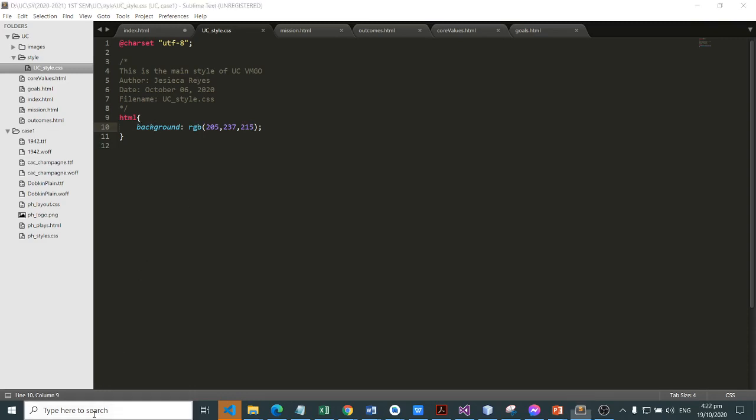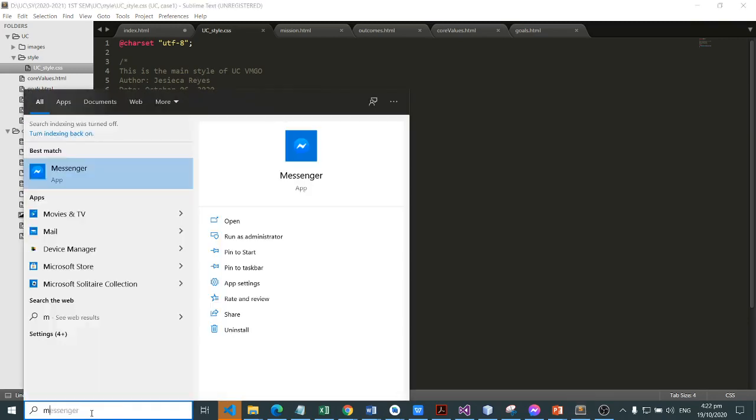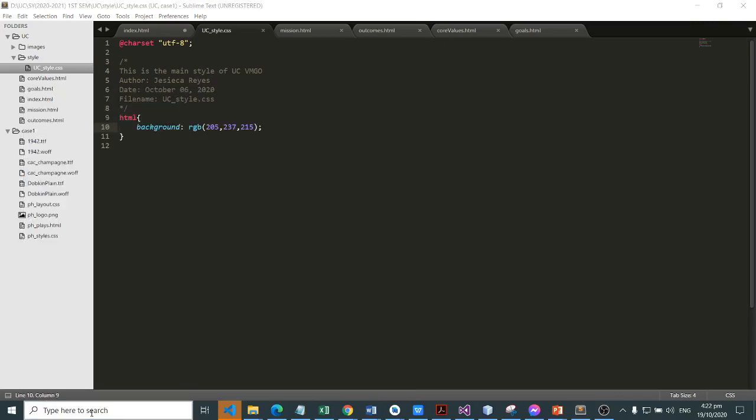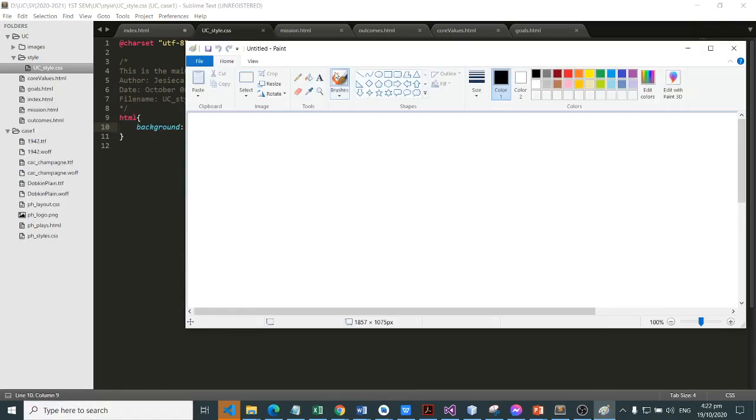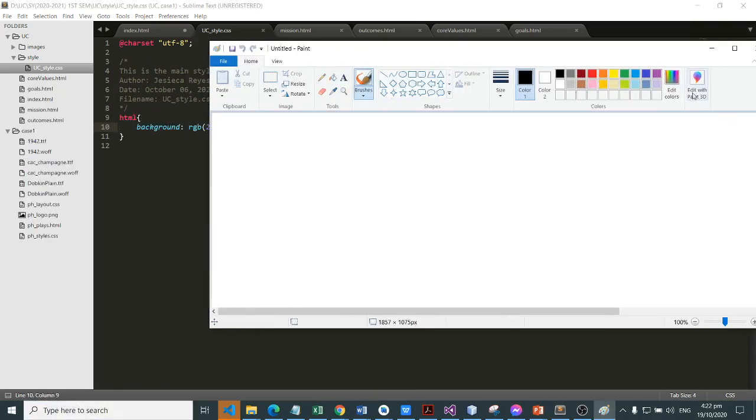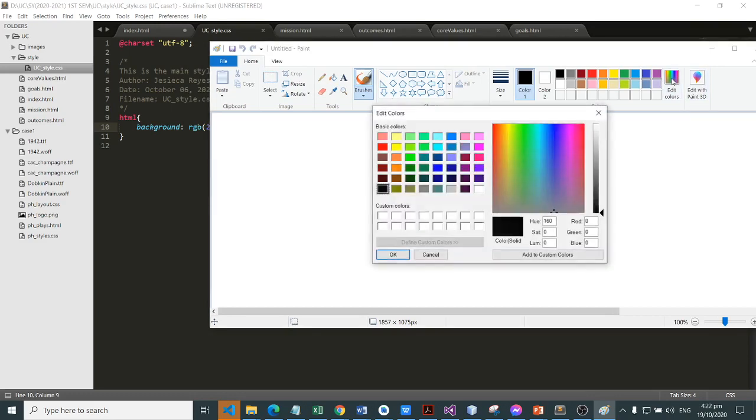Now we will be using the MS Paint property to get the color values of RGB and HSL. Now we'll try to edit colors, and we have here the hue, saturation, and the luminosity, and the RGB, which is 000,